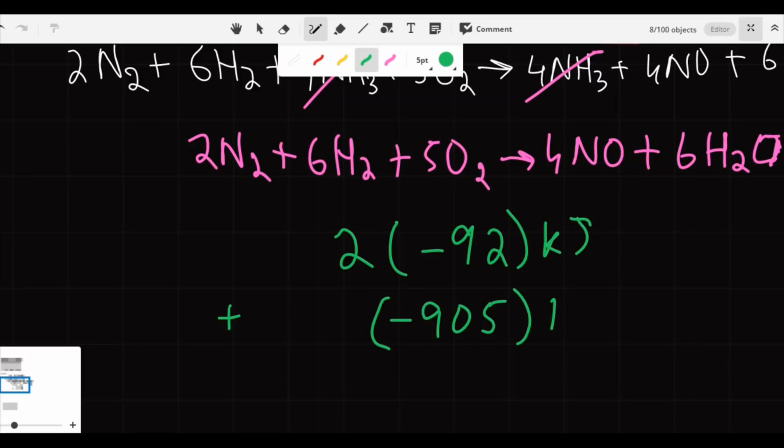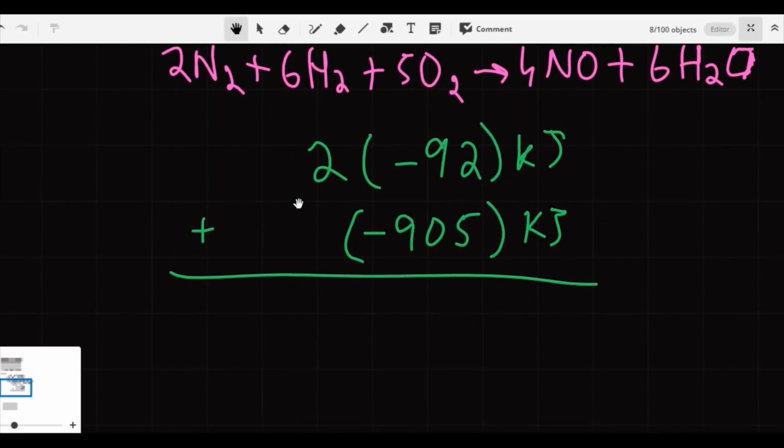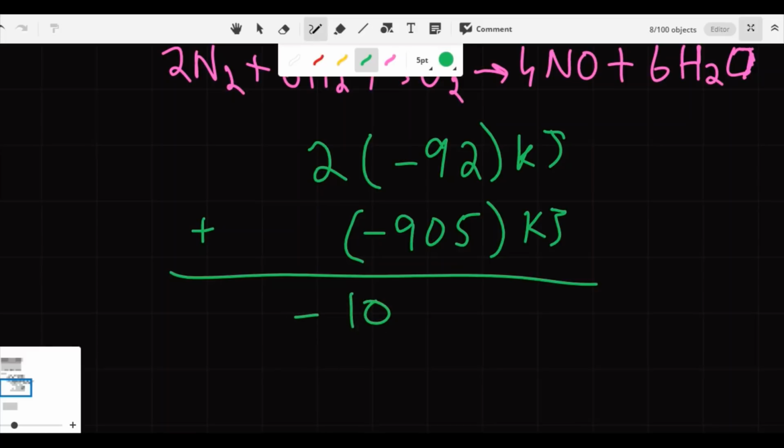Both are in kilojoules. Now you need to add up. When you multiply and then add, the answer will be negative 1089